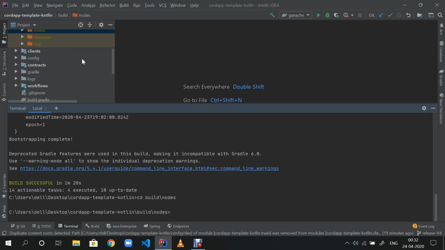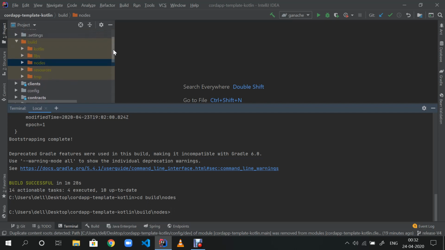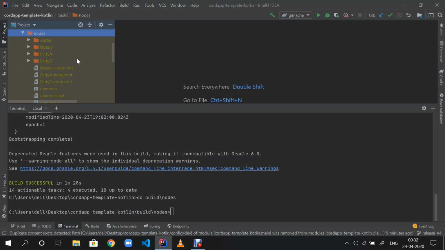In this nodes folder, there is a file runnodes. This is an executable file. This file will compile all the information that is included in the nodes folder and the build folder and deploy our nodes.